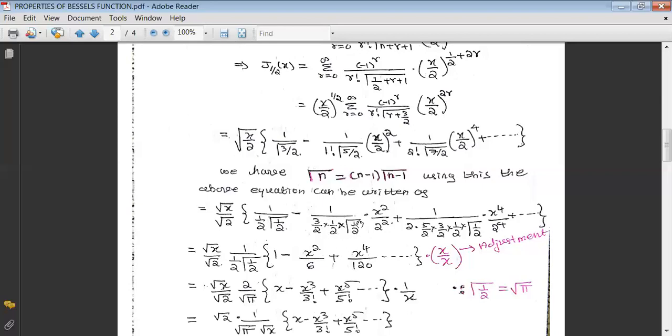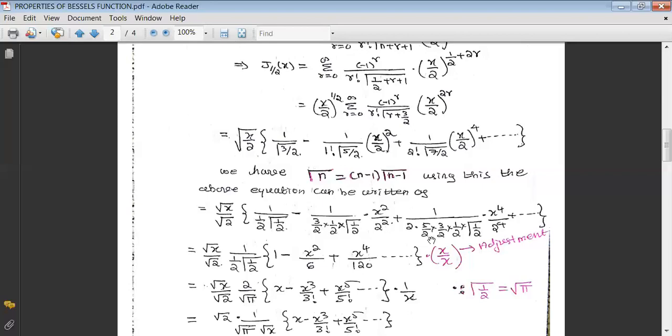Since this is taken out, here we left out 2 ones, means here 4 is there. 1, 2 will get cancelled. Here we left 2 into 3, that becomes 6. That we get x square by 6. And it is plus. And since 1 by 2 into gamma 1 by 2 is taken out, then here